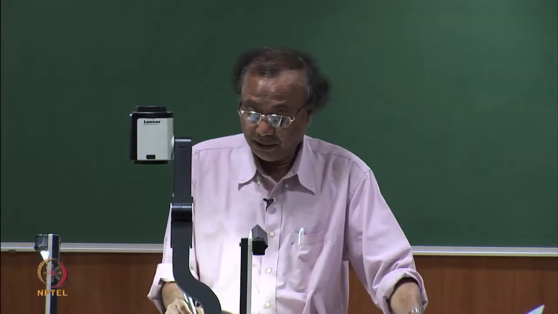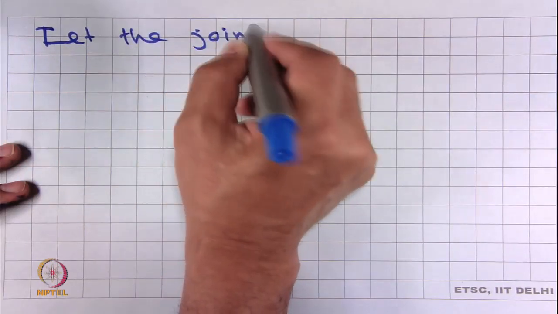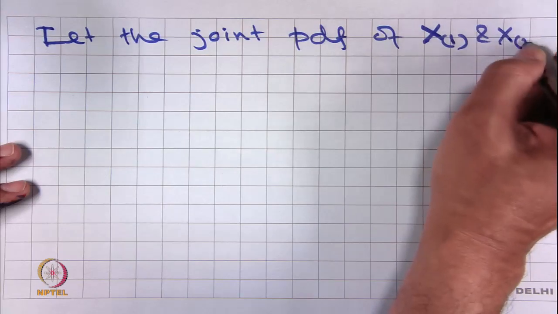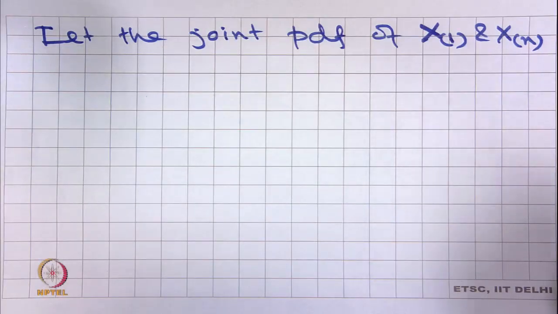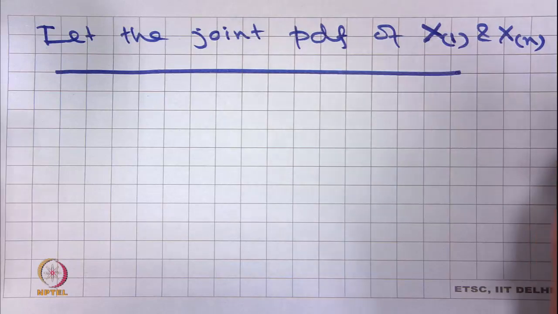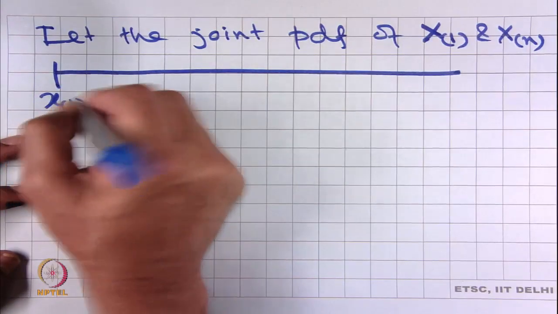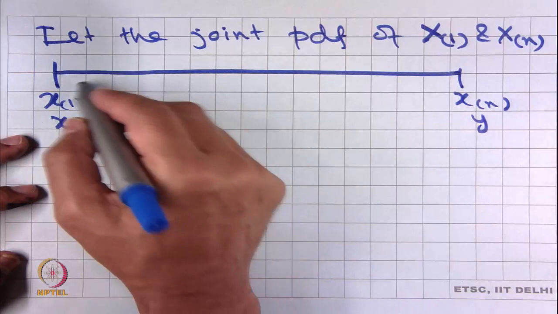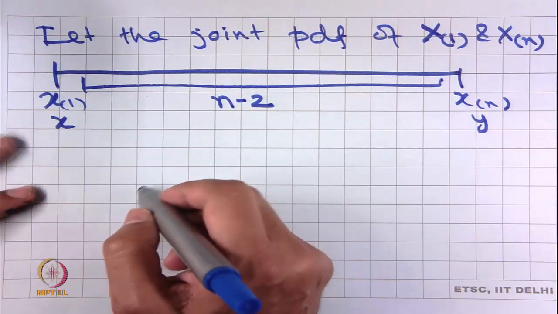So, let the joint PDF be, so my r is 1, my s is n. I am looking at the two extremes of the samples. So, my x 1 is here, my x n is here, which I am calling x, this I am calling y, and therefore, how many are there? There are n minus 2 elements in between. Therefore,